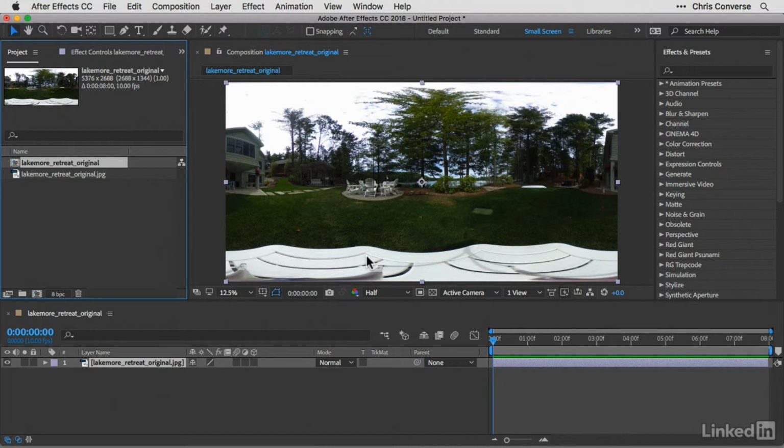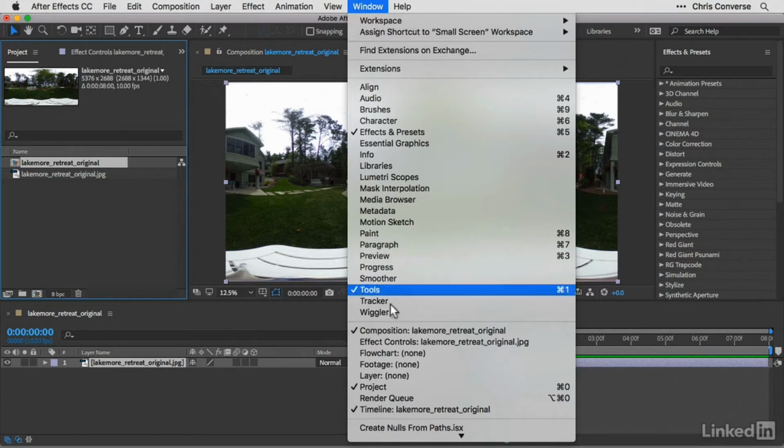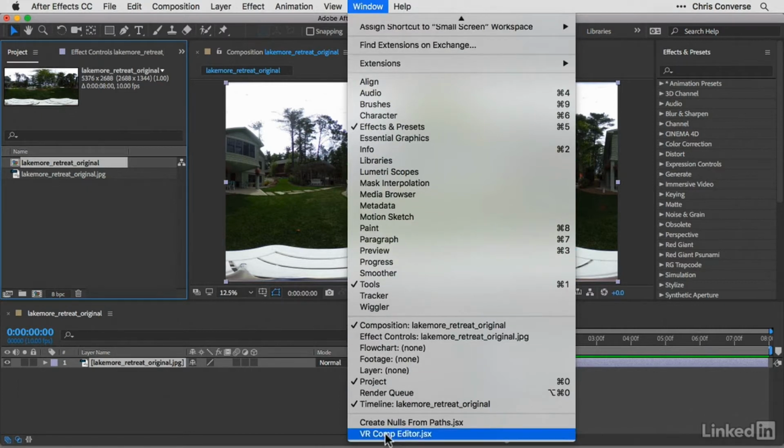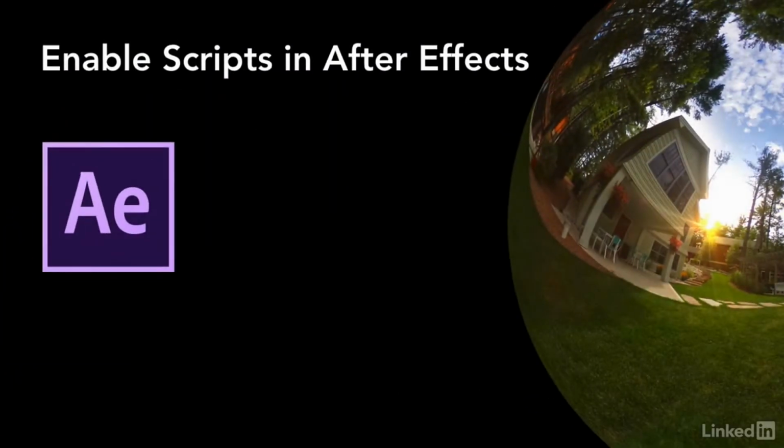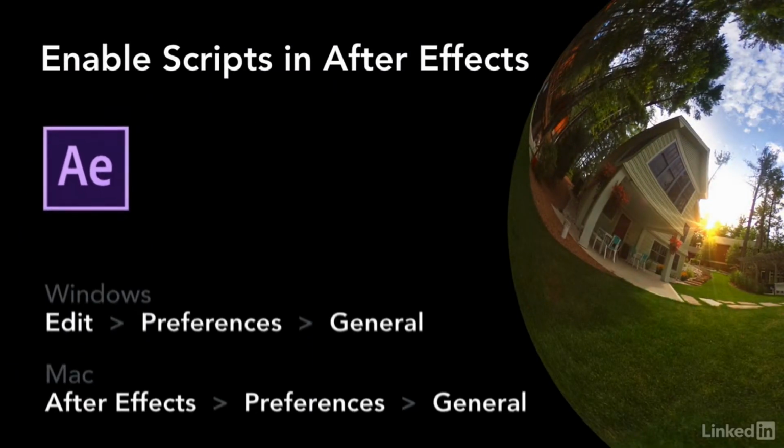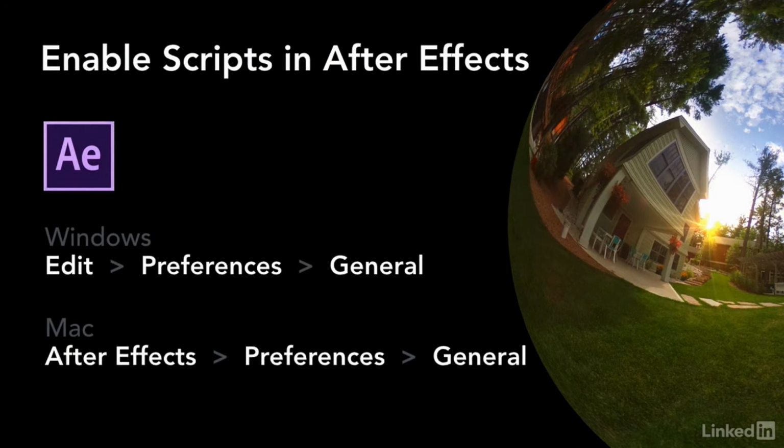And to do this, we're going to need to activate the VR Comp Editor. So let's go to the Window menu and choose VR Comp Editor down at the bottom. Now, if you get a message from After Effects stating that you need to enable scripts to write files and access your network, then open the General Preferences section in After Effects, located under the Edit menu in Windows or